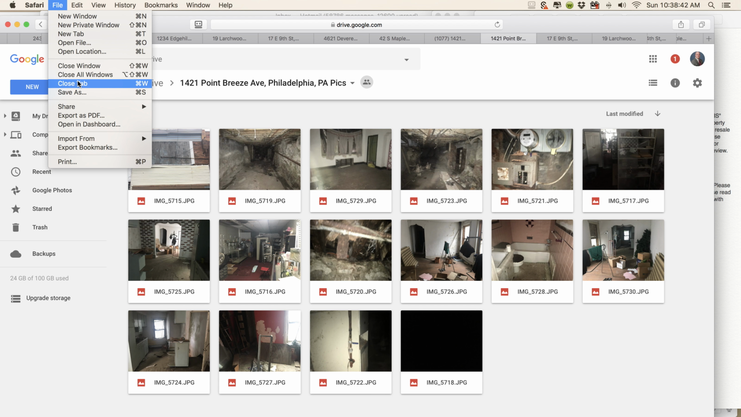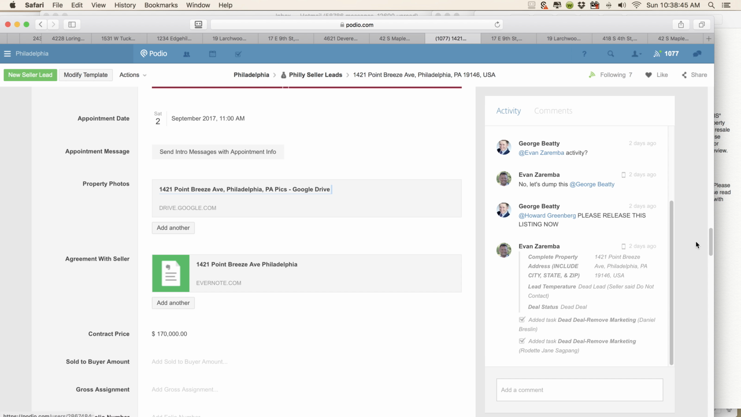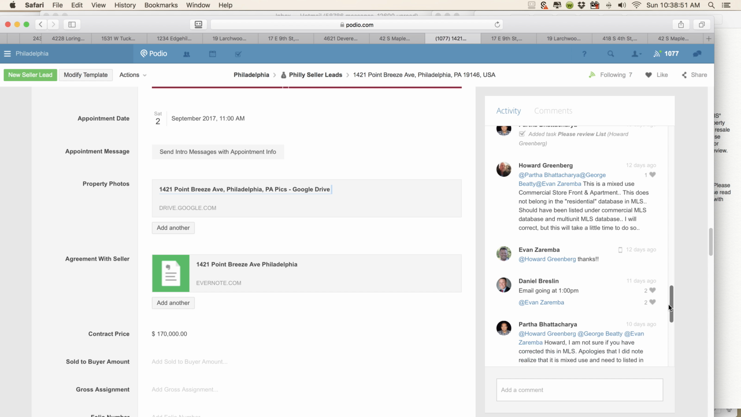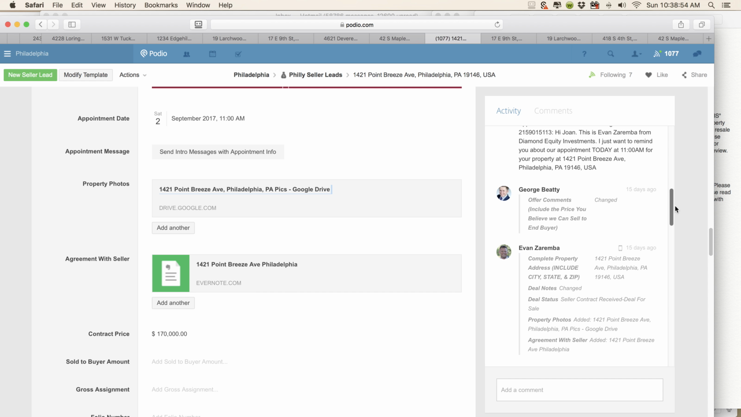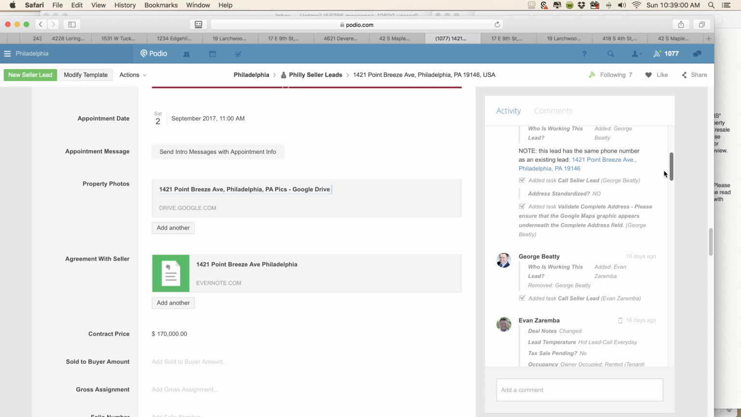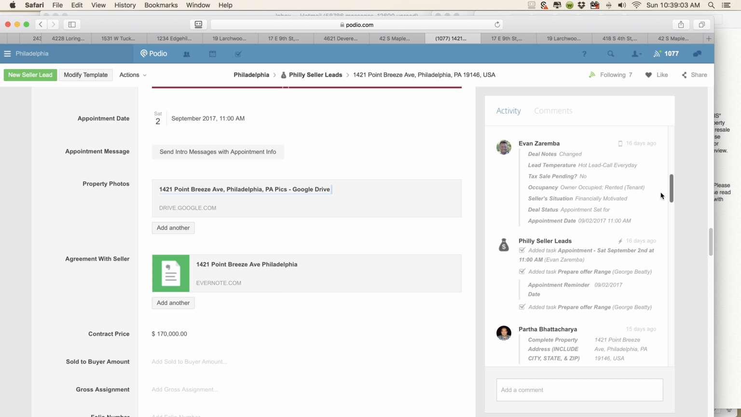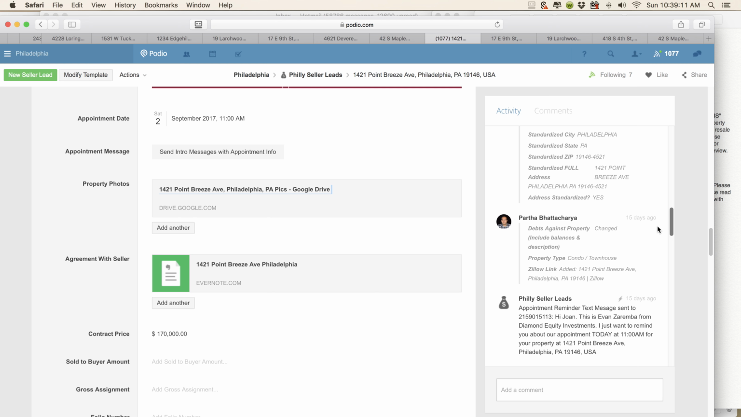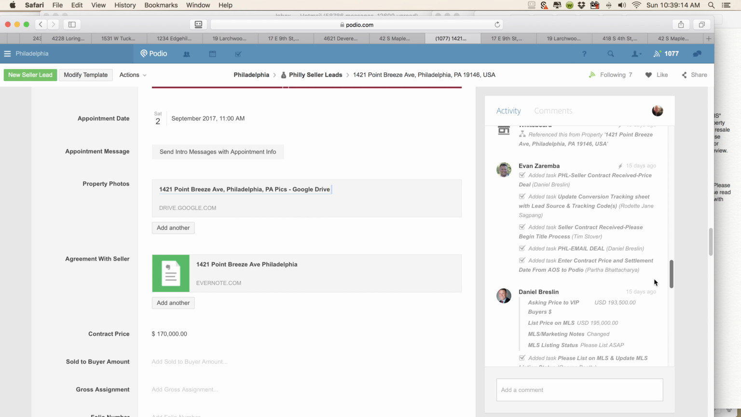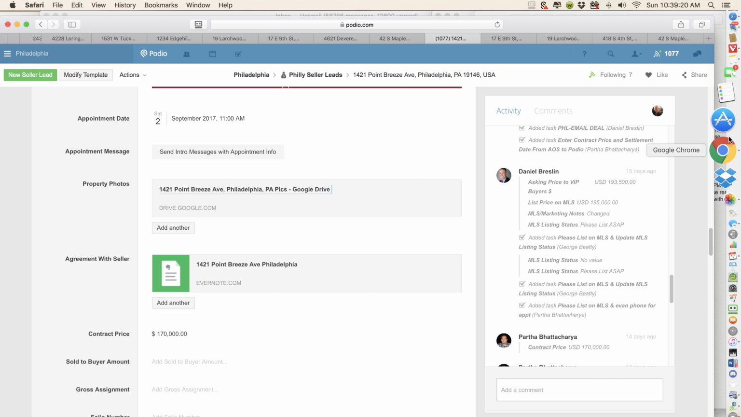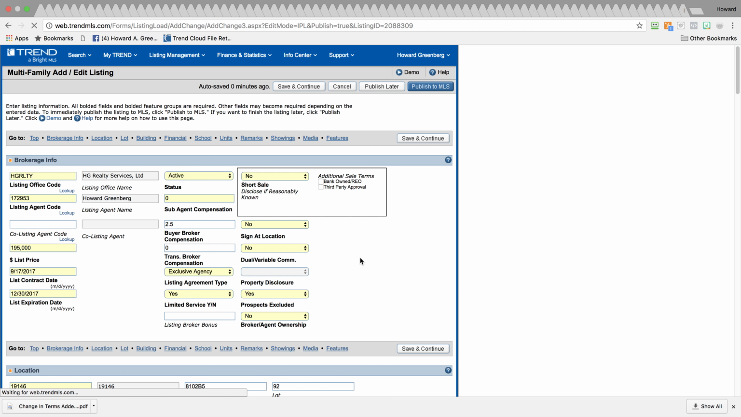So let's close that tab. And I'll look and I'll see contracted price, and then we'll look for the list price. So let's scroll through the notes here. Owner occupied, rented, tenant. MLS 190 listed for 195. So that is correct. So let's publish the listing, and then we're going to go back in